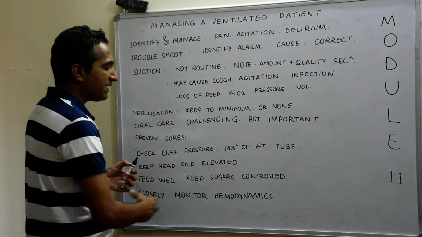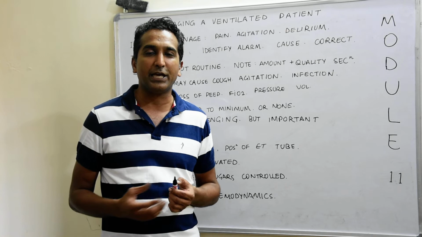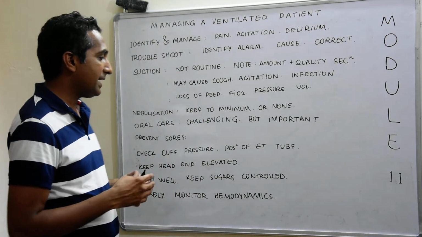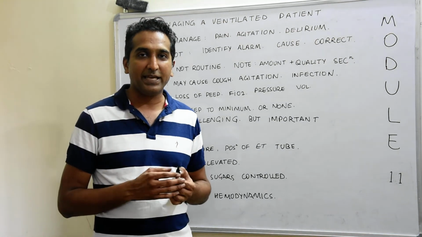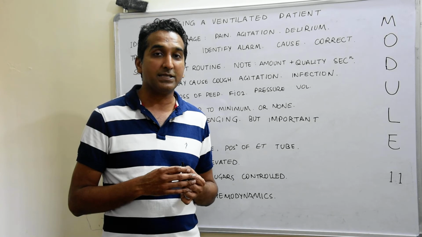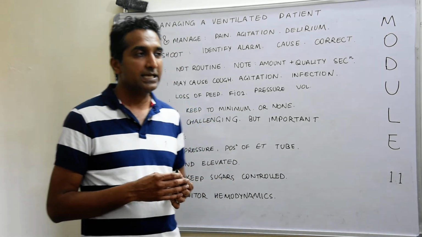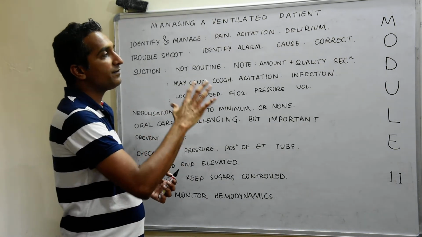Closely monitor the hemodynamics, because these are the likely patients who will be hypotensive, oliguric, may have underlying multi-organ failure, and it is important to see that the hemodynamics are well managed, that you are able to look at all these parameters. Sometimes the hemodynamics may be deranged by the ventilatory settings. You just need to identify and see that all of this is optimized.